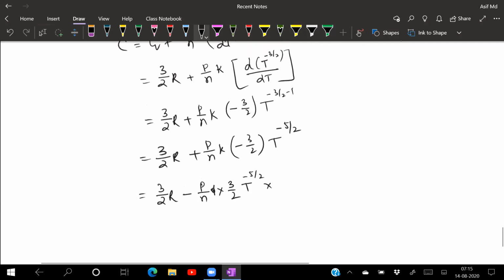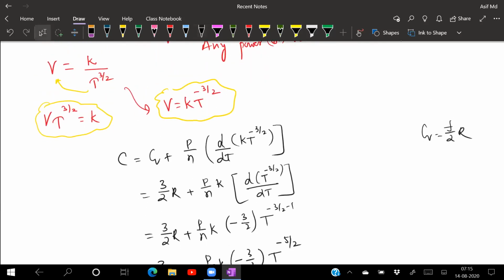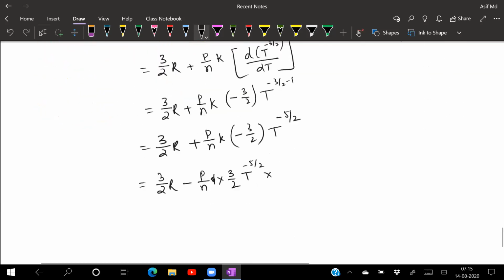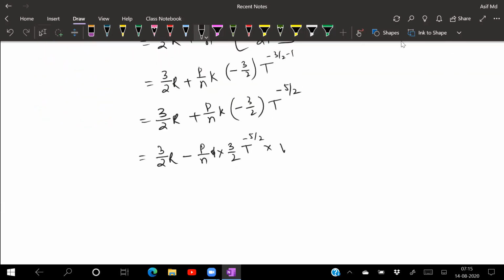What is the value of K? See, what K value did you get? Sir, we can write it as Vt by Vt to the power 3 by 2. So it is Vt to the power of 3 by 2. Yes, sir. Okay now? Sir, do we have to leave the final answer like this only? No, we can still simplify it. So this is becoming for me 3 by 2 into R.